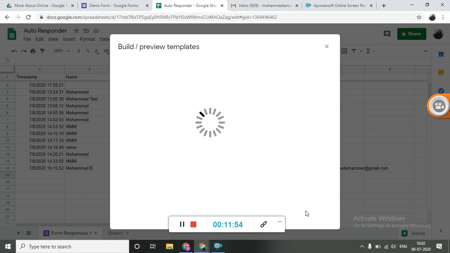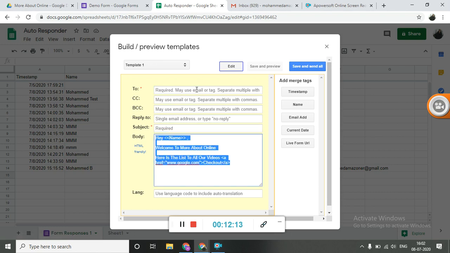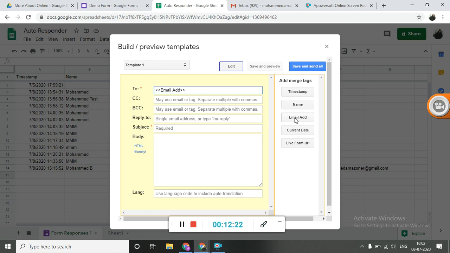Okay, this is the customization part that I was talking about, which you will not get in form notifications. That is, whom do you want to send it. What I'll do is I'll just delete everything for you and type fresh, so that it is easy for you all to understand. So whom do we want to send this email? To the email address that the person submits in this form. Then you can leave the CC. Reply to is the email address on which you want your customer to reply back to you. I'll type in my own email address.